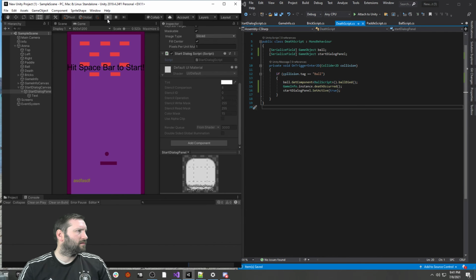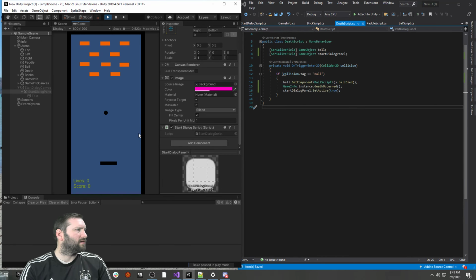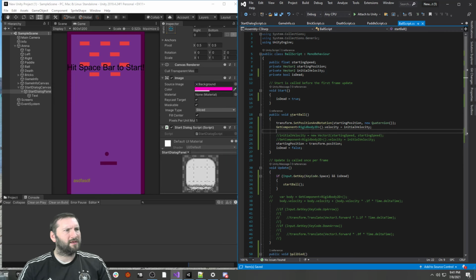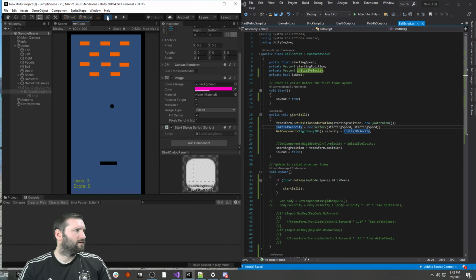Oh, okay. I hit spacebar. Okay. So that means I screwed something up with this. Starting speed is just a float. That's the initial velocity. But here. Oh. That's probably what we needed. Don't know where it started, but